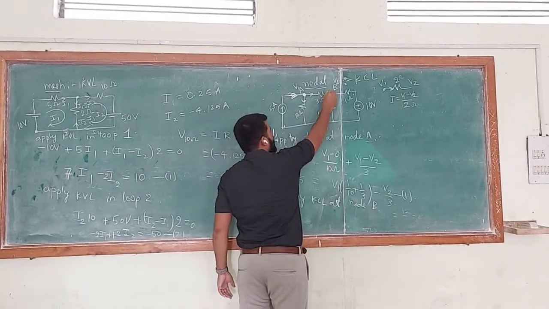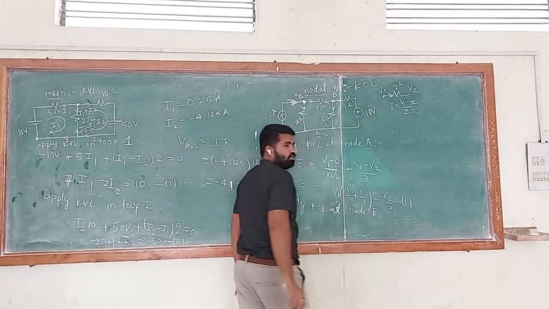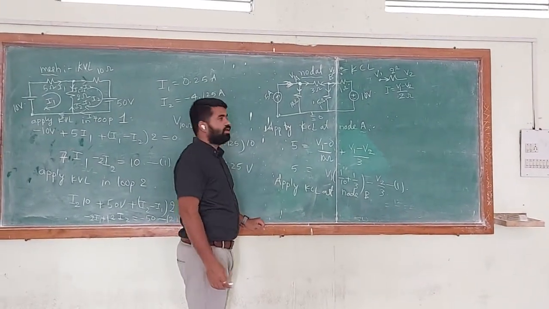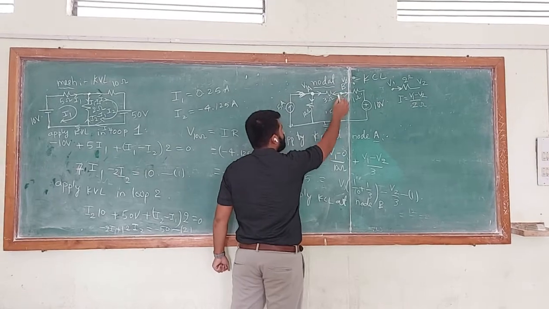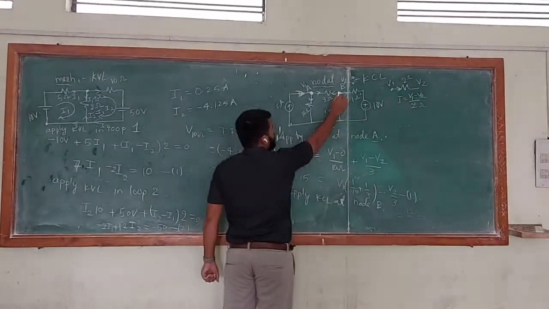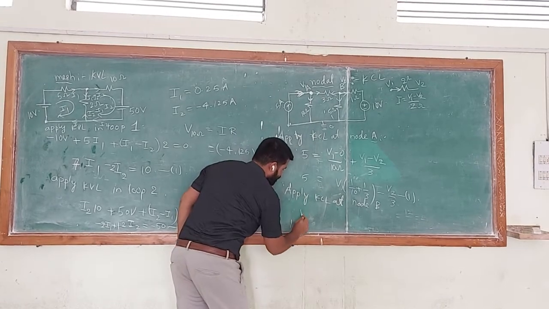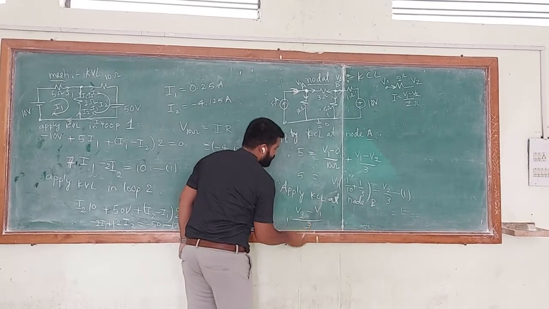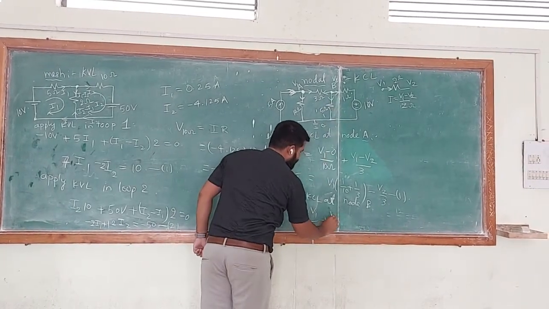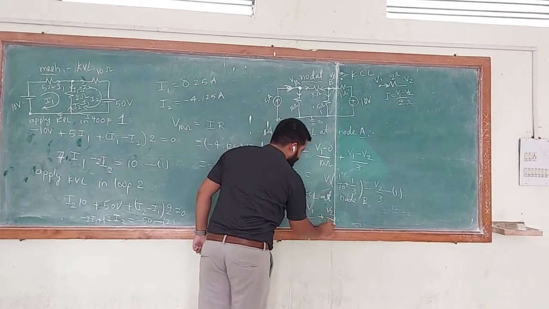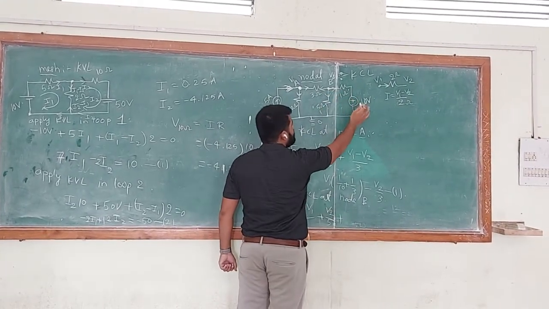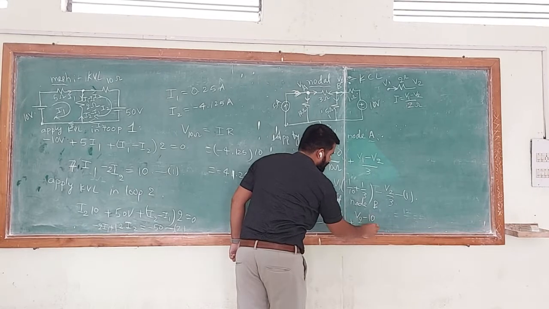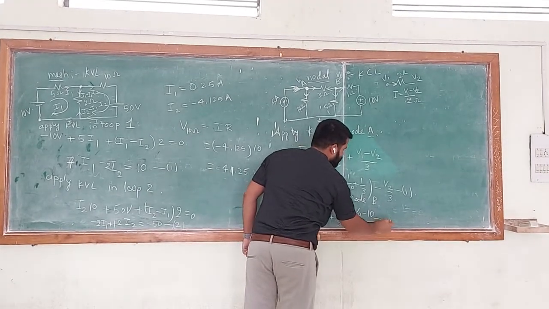Now here also I am assuming all currents are leaving, as in the previous example. Now observe this. Apply KCL at node 2. What is the current that flows? V2 minus V1 by 3. Second, in this branch, V2 by 5. Plus in this branch, observe this: the 10 volts will oppose the current. That's why I am writing V2 minus 10 by 1 is equal to 0.